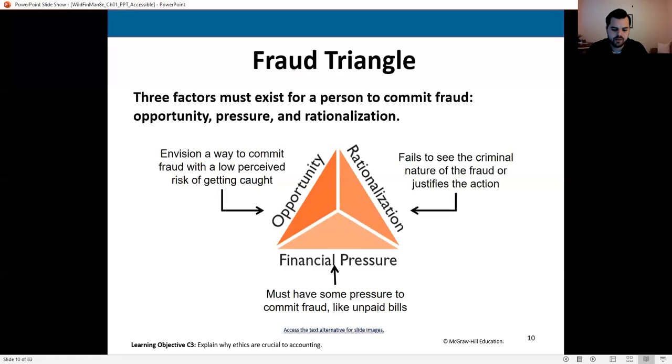Okay, and who is that? So who do you think will still know that you have committed the fraud, even if you've committed the perfect fraud and you never get caught? Well, the answer is you. You know what you've done is wrong. You know you've stolen that money. You know that you have done something wrong.